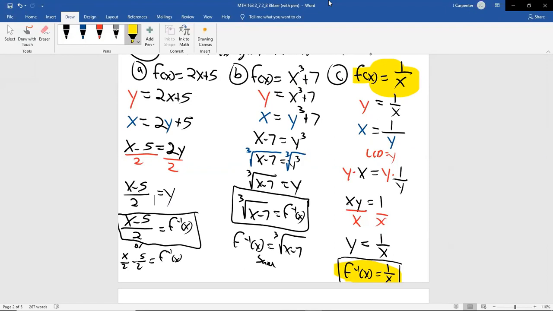No one, I don't think, would have ever predicted in this course right now that the inverse of 1 over x was itself. How is the inverse of a function itself? Well, let's think back to just addition, subtraction, multiplication, division. Remember, when we talk about addition and subtraction being opposites, a fancier word is now inverses. So think about trying to find a number that you could add or subtract to itself and it doesn't change. 0. 0 is its own inverse because 0 and negative 0 are literally the same thing.